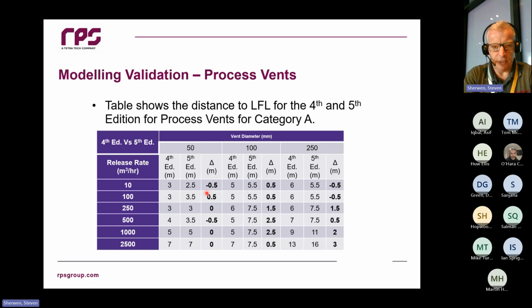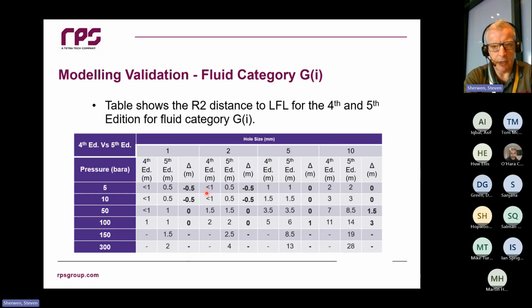So I think you can sort of see that if you've got a chemical plant or a process handling the lower pressures that you can justify the lower hole sizes for, there isn't a huge change between edition 4 and edition 5, and going out and having to change things dramatically, it probably isn't required. If you've got the higher pressures, if you've certainly got hydrogen, then you might want to go back and double check what's been done in the past to see if the zones that are there are still realistic, are still relevant.